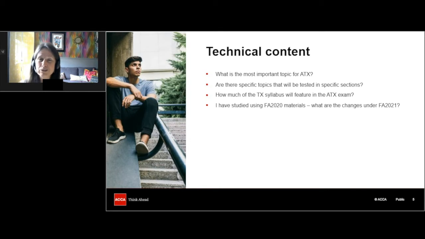But don't just look at the Advanced Tax Finance Act 2021 article, because most of the changes are also relevant for TX. So you need to make sure that you look at the TX Finance Act 2021 article as well, because all of those changes that are relevant for TX will also be relevant for ATX. And just to give you a summary of the things that have changed since Finance Act 2020, probably the most important one is for capital allowances.